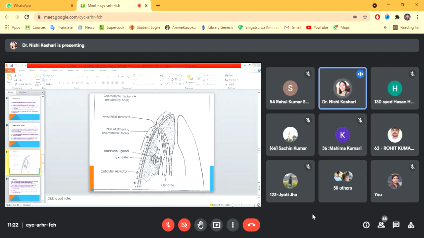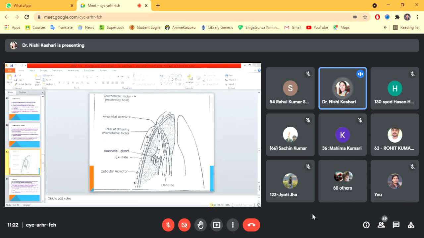For that sensing, they have amphids. You have been taught that two amphids are present, which are sensory organs present either on the head or behind the head, or just on the lips or behind the lips. Only one is shown here to describe how these amphids act on the host, so that the nematode can find it. This is chemical and tactile. Tactile means they have to make contact.